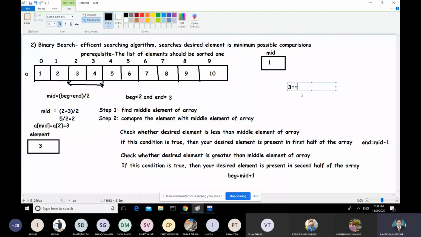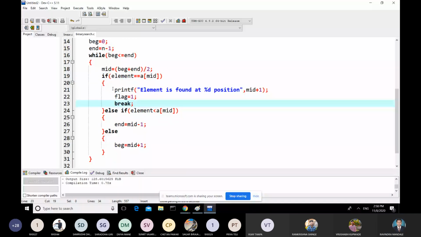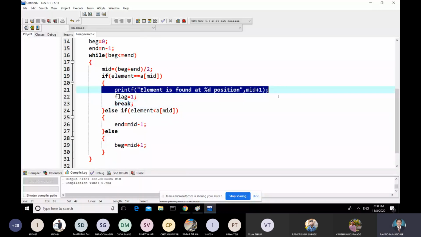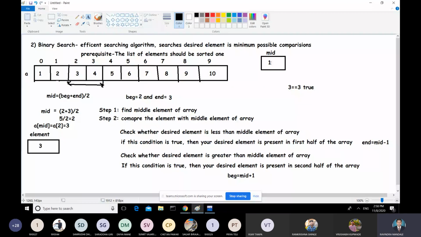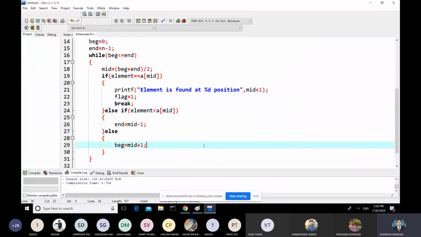Condition is true or false? True. That means search is successful, and element is at position mid plus 1. So what is mid? 1. Okay. So mid is 1 and mid plus 1. So here your element is present. That is third position. Your element is present at third position.